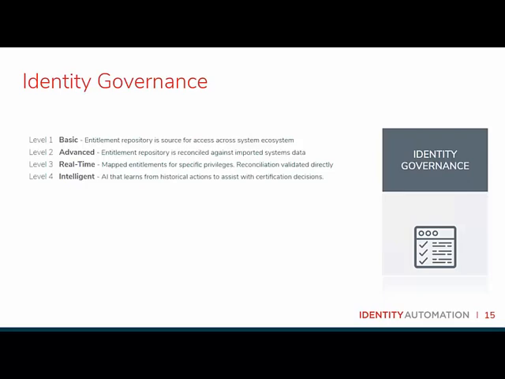In level 4, intelligent, right, we add analytics and artificial intelligence. With good historical data and, of course, proper training, the system can use patterns and trends to determine, right, with an acceptable probability, of course, that an entitlement request or a recertification can be automatically approved, and let that happen, while also highlighting those outliers, right, that need additional vetting, right? So we call attention to where attention needs to be.